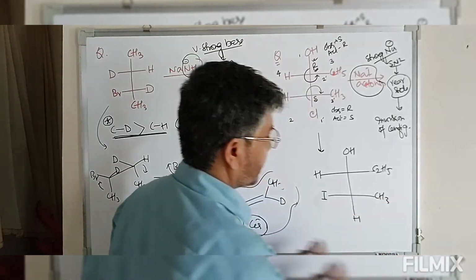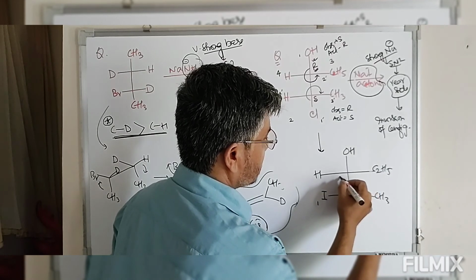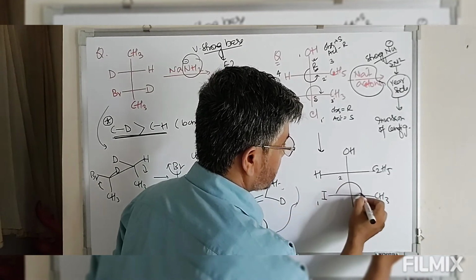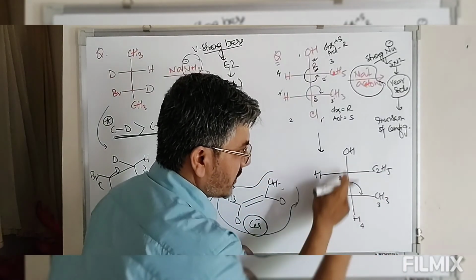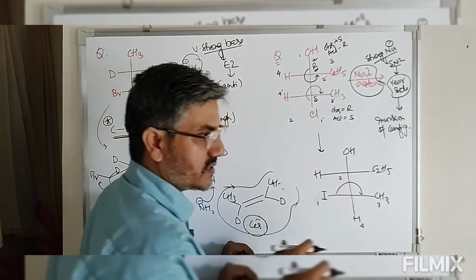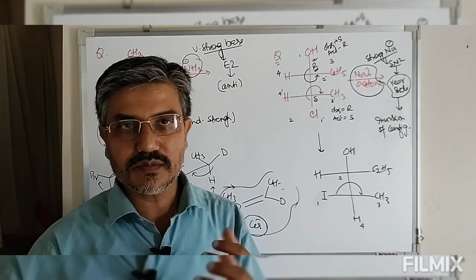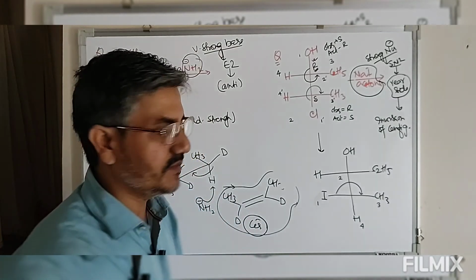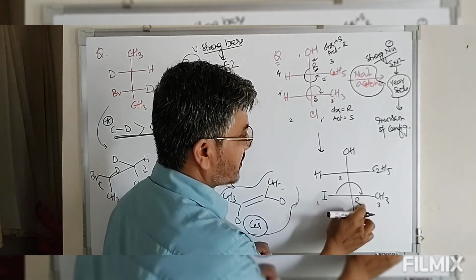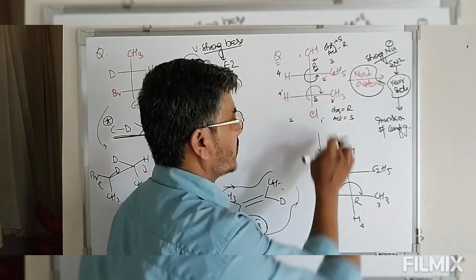This is CH3. So if you look at this, the priority order, this is the first priority, ये आपके पास second priority, ये आपके पास third, this is least priority. तो this goes rotation, ये clockwise. The least priority order group is occupying vertical position. So if the least priority group is occupying vertical position, observed and actual will be exactly same. So this is forming clockwise. So we have this R. So S will be converted into R. S will not give you S. S will give you R.